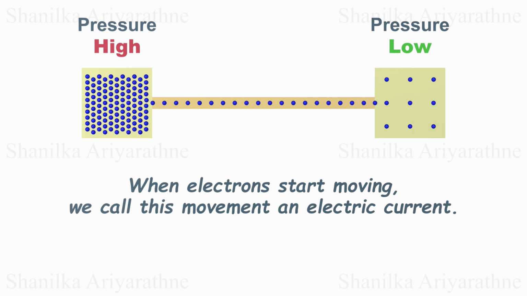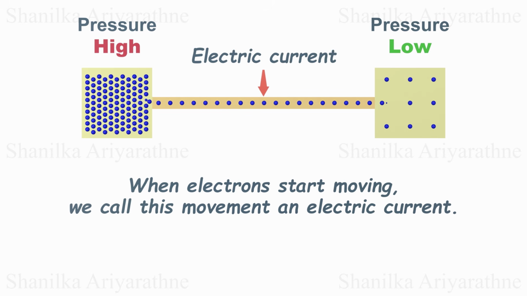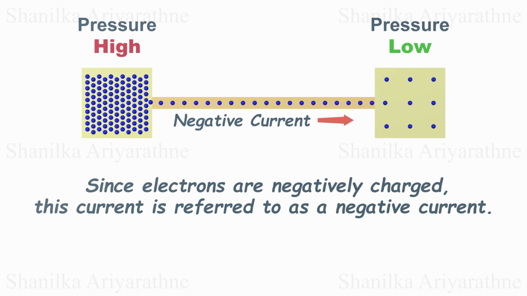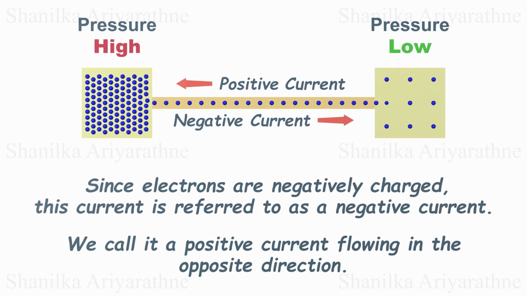When electrons start moving because of the voltage, we call this movement an electric current. Since electrons are negatively charged, this current is often referred to as a negative current. But we humans don't like negative things. So when there's a negative current flowing in one direction, we call it a positive current flowing in the opposite